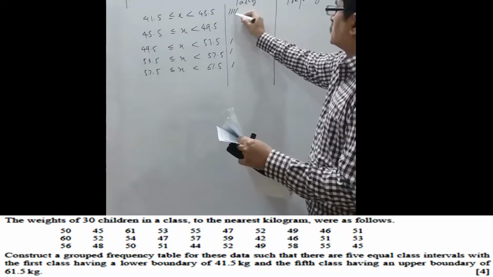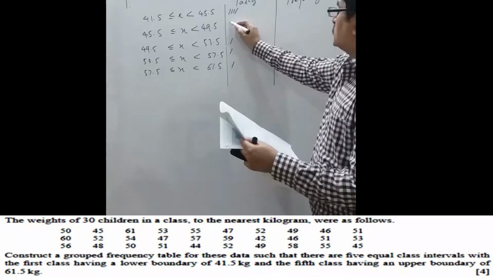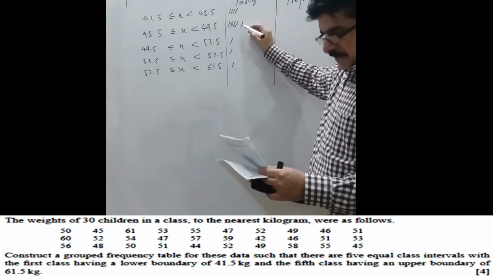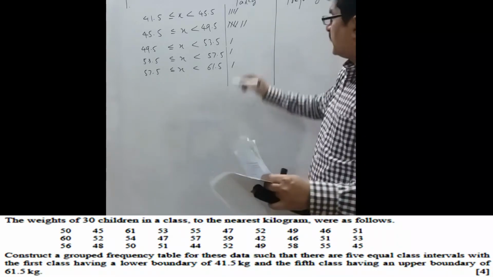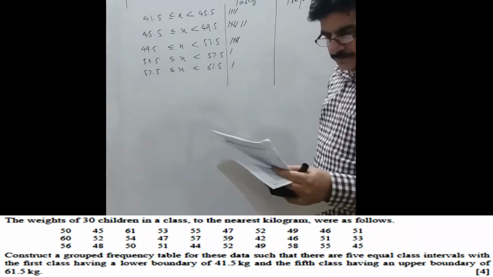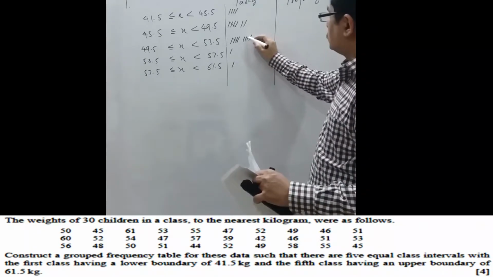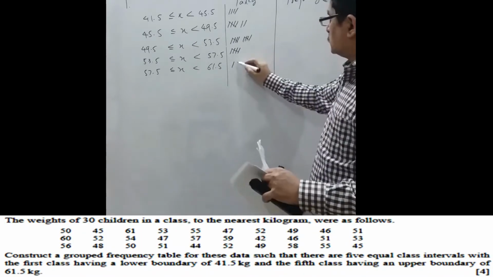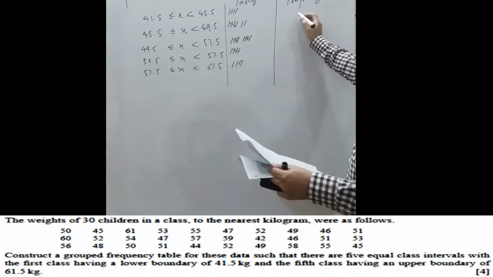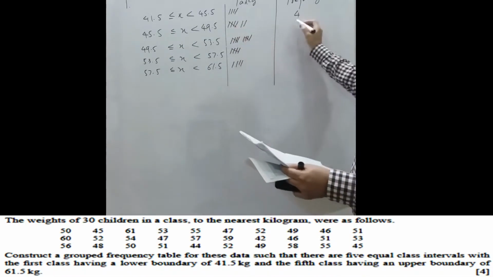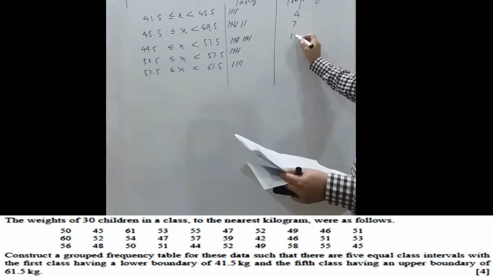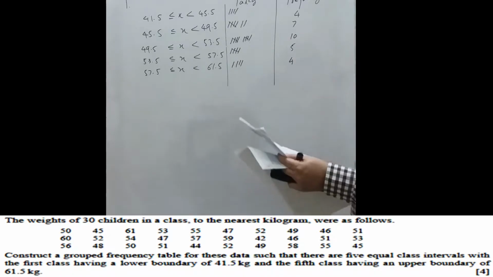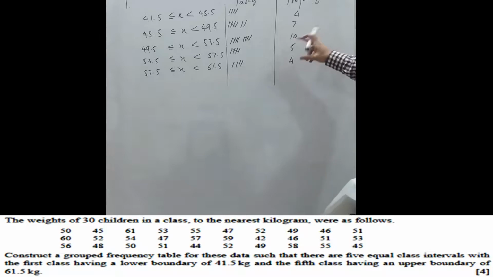You will get 5 lines, and this is 4 lines. Here you will have 4 lines. This is the 5th line. This means 5 readings, and you have 2 readings. Then you can check that we have 5 values over here, and then you have 5 values over here. Then you have 5 values over here, and you have 4 values over here. So the frequencies are: this is 4, these are 5 plus 2, 7 values, 5 plus 5, 10 values, and then you have 5 values, and then you have 4 values. So this is the answer to this question.